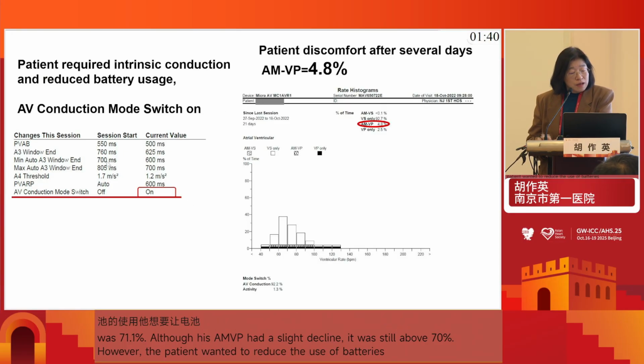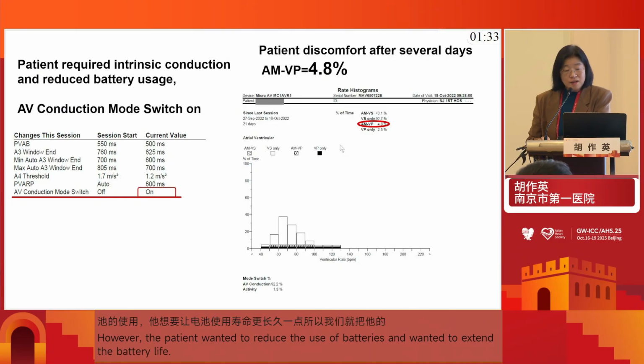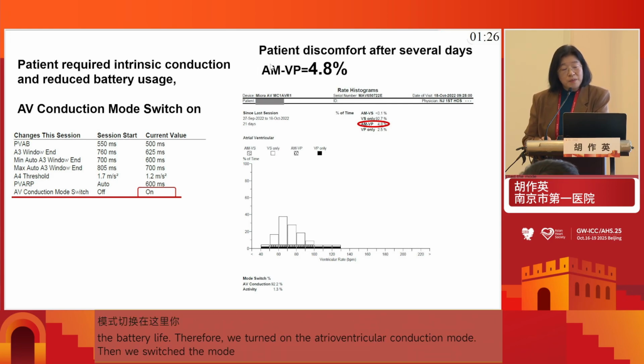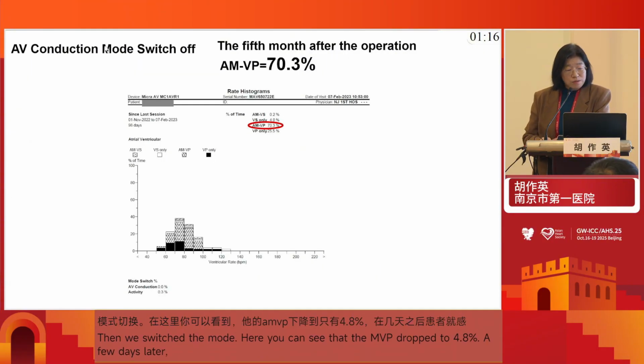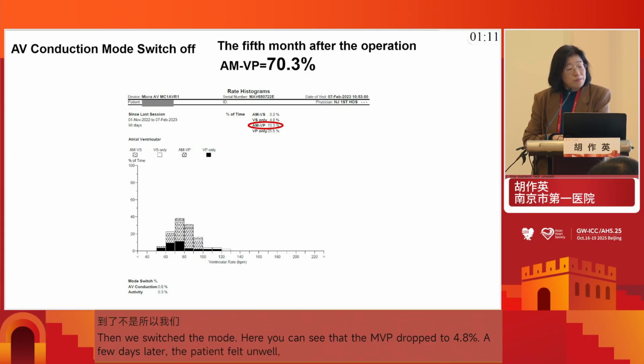So we turn the AV conduction mode switch on, and you can see that the AMVP decreased only 4%, and the patient felt uncomfortable a few days after the mode switch was on. And so we checked the patient, we turn the AV conduction mode switch off, and at the 5th month after operation,